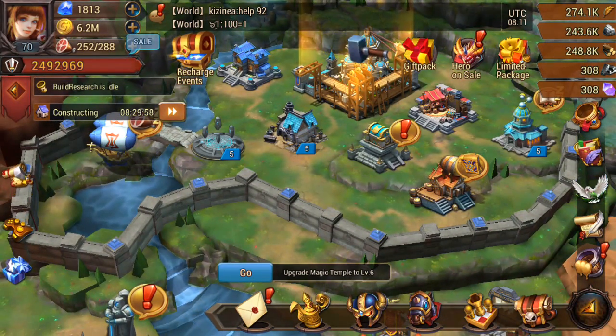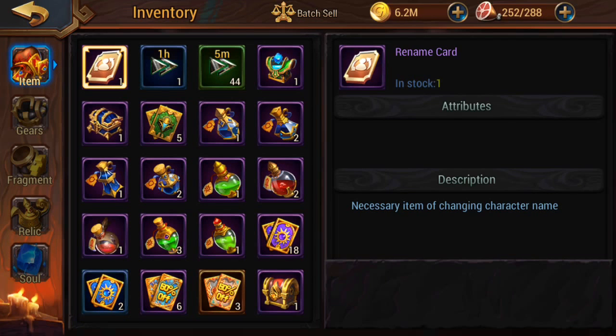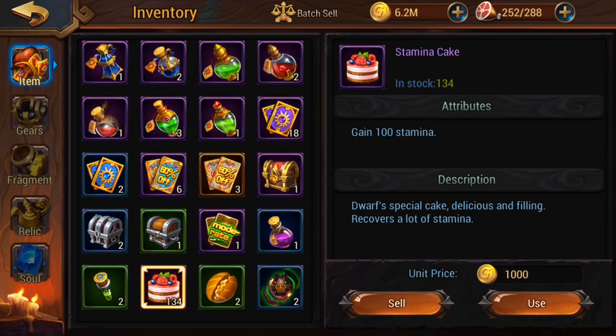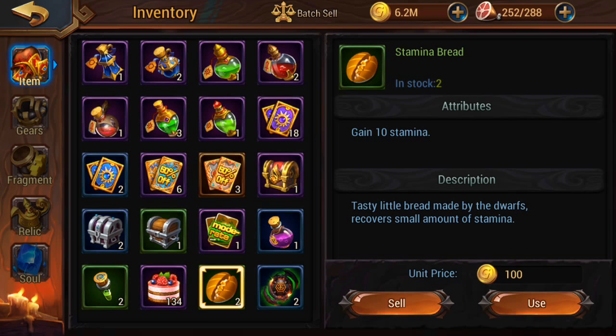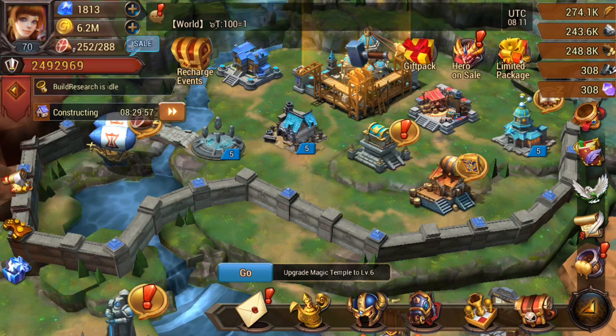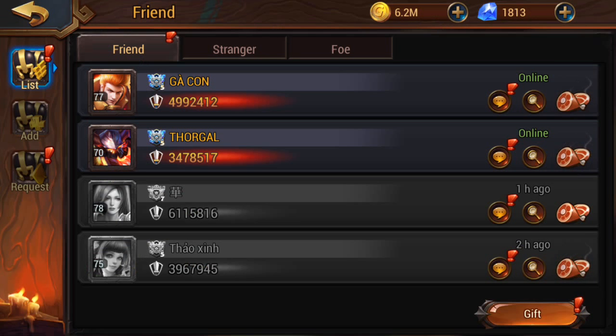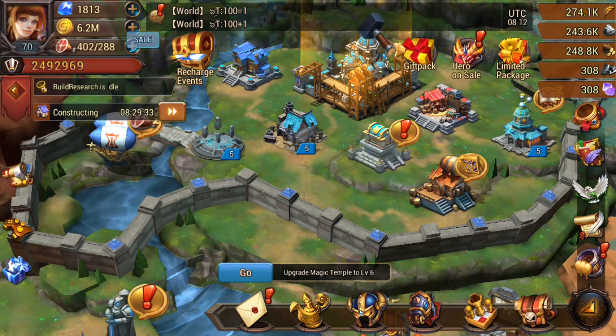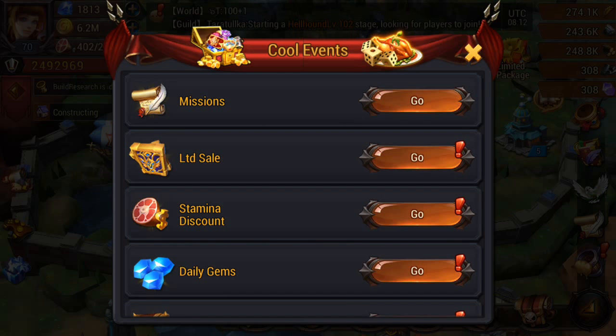So go through your missions, use up your health stamina cakes, use up your stamina bread or your stamina donuts, whatever you've got. Make sure you cash them in, guys. Make sure that you come into your friends list and send them all the gifts and cash in on your stamina in the gifts, because obviously doing the missions right now is going to give you a ton of benefits,